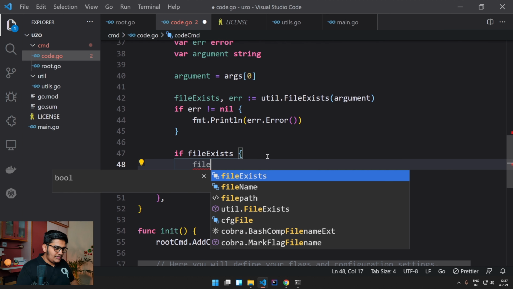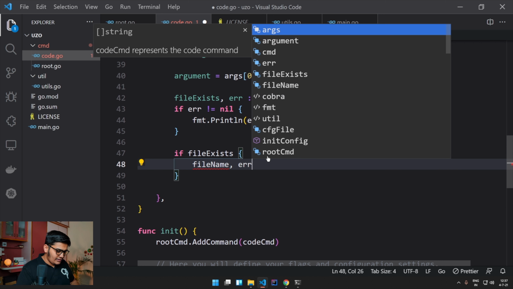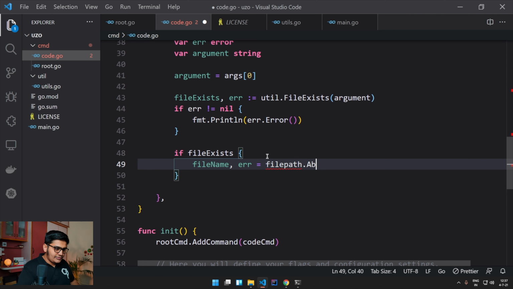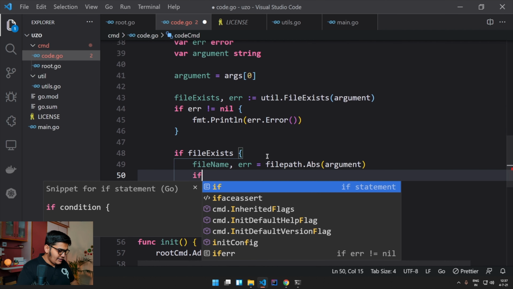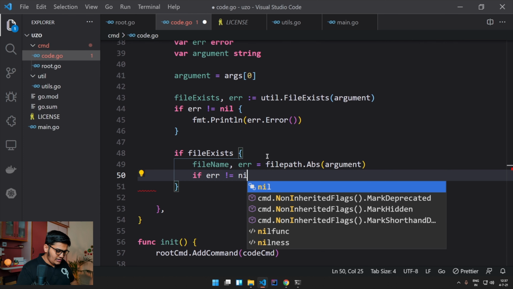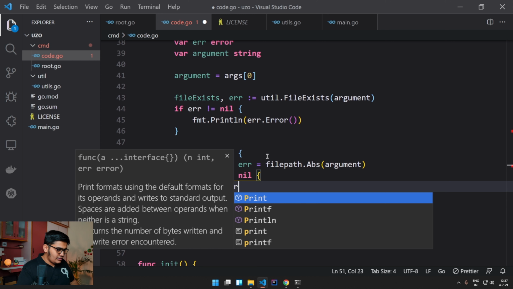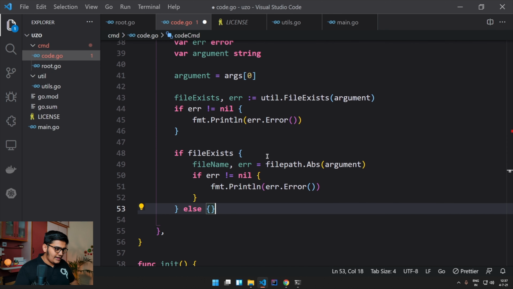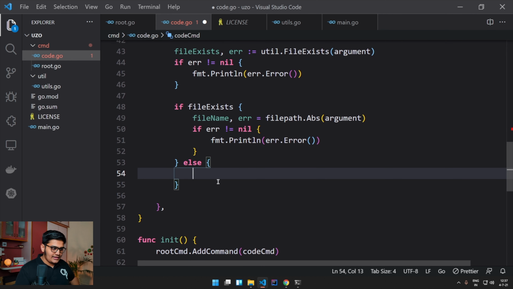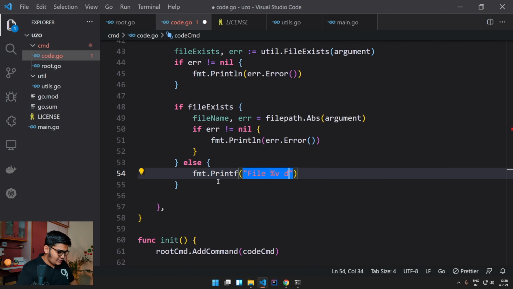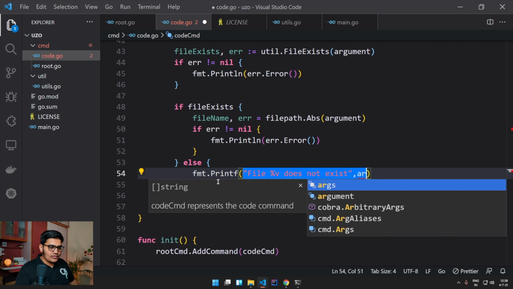So let me get the file name, err equals to filepath.Abs from the argument, and if there is any error for this as well, if err not equals to nil, fmt.Println error over here. Else, if file does not exist, then fmt.Printf file %v does not exist, and here I'll pass the argument over here.